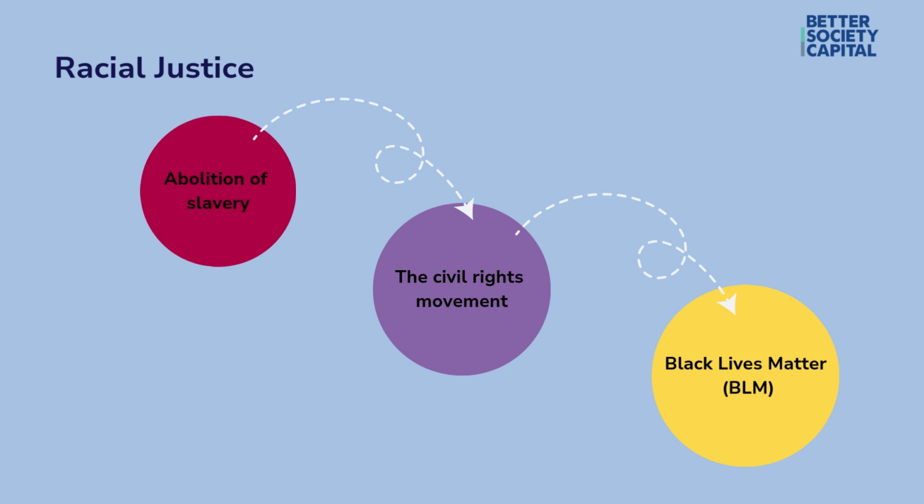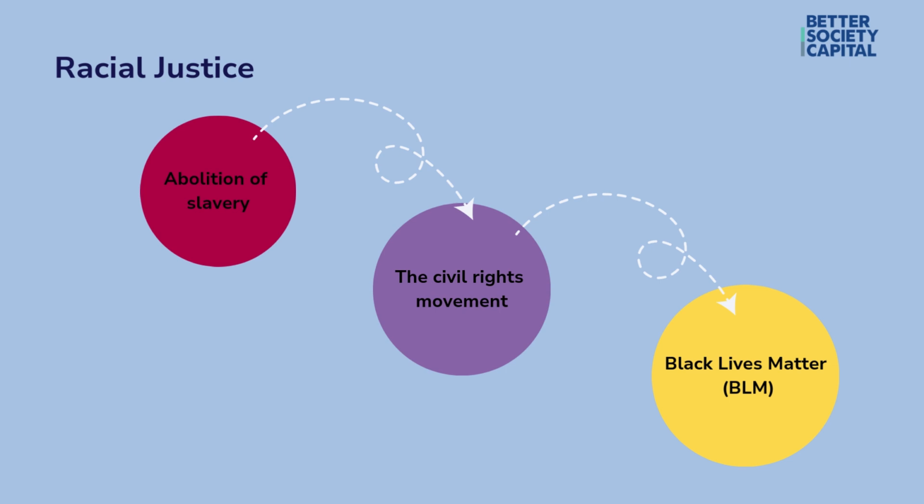The civil rights movement. We often learn about the civil rights movement associated with the US. However, throughout the 20th century, black activists in the UK organised and campaigned for civil rights and racial equality. The formation of organisations such as the League of Coloured Peoples in the 1930s and the campaign against racial discrimination in the 1960s really laid the groundwork for the broader civil rights movement across the UK.